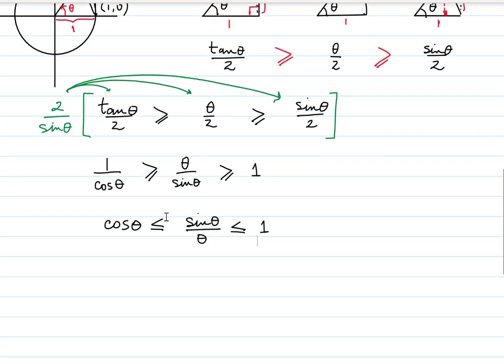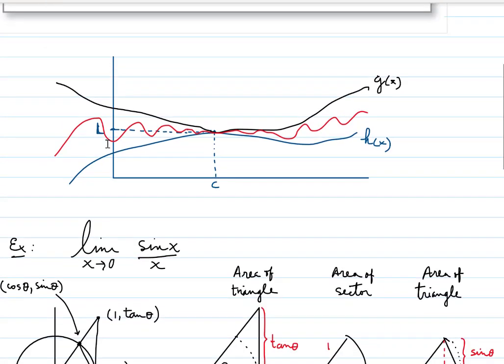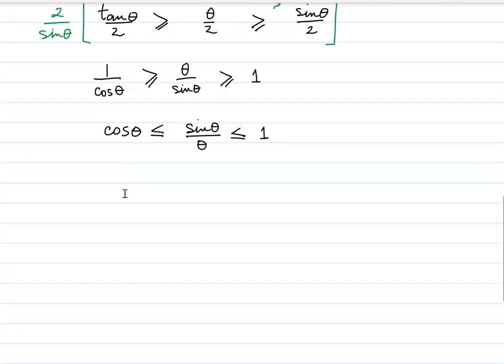And notice how our function to the left and our function to the right happen to be really nice. So then we have the first condition of the squeeze theorem right here. We got this part. Now we need to show this before we can conclude or use the squeeze theorem here. And that happens to be pretty straightforward here, because I know, these are just from our basic properties, our basic limits, I know that